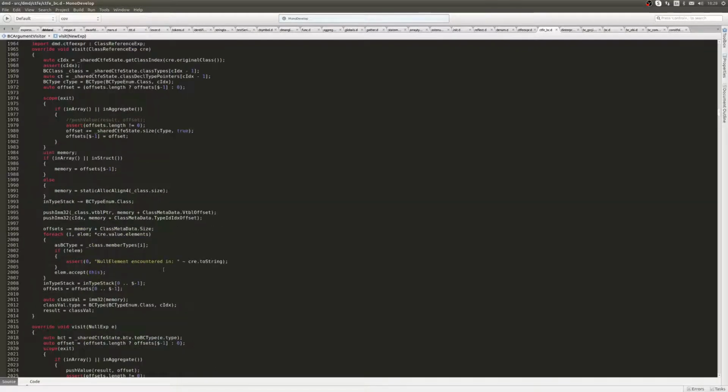So what we have to start debugging is the class reference expression stuff here,